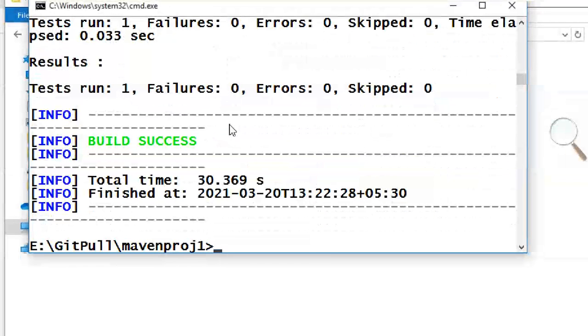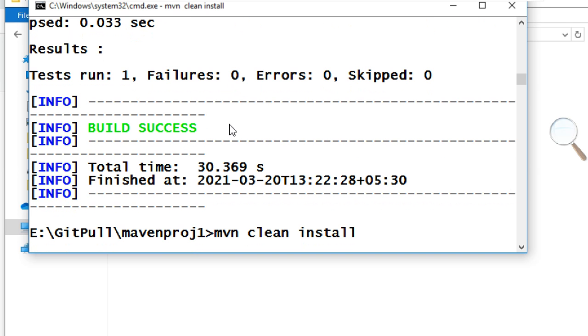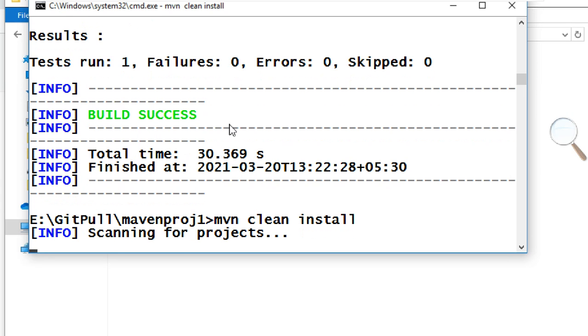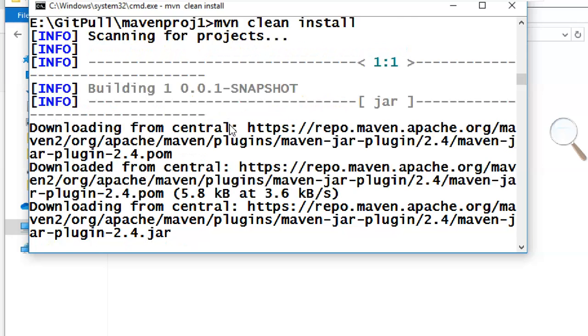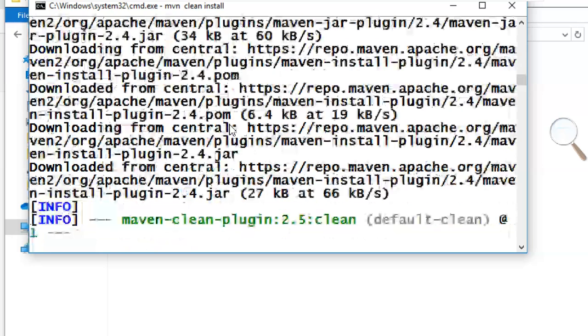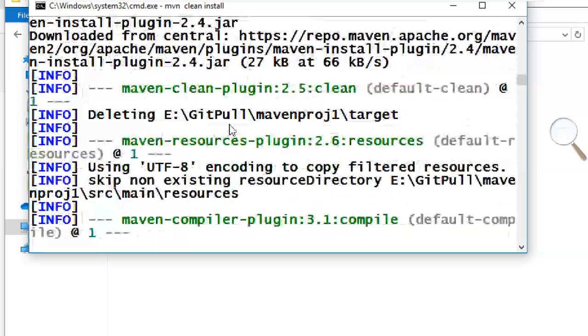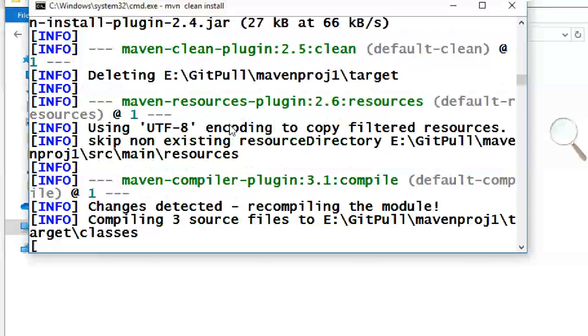Okay, the test is completed successfully. We still don't know what is inside. So you can run clean again, and after clean, install. Another command is install. Another one, deploy, is also there. Install means packaging, and automatically it will try to test. You don't see what the output is or whatever the code is, we don't mind about it. We just see whether this stuff is working or not.